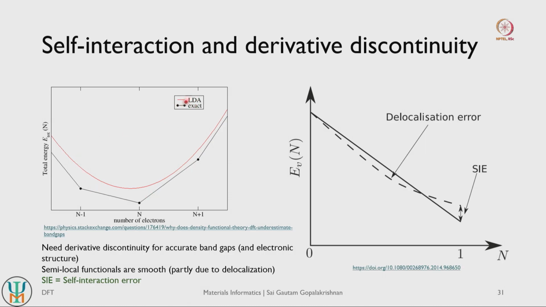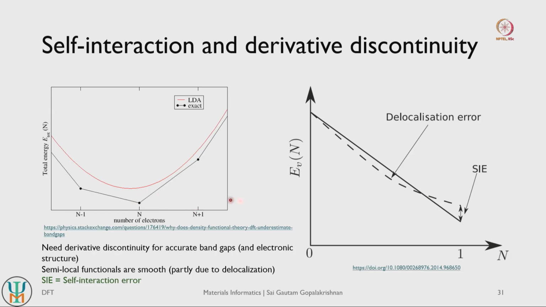But if you use any local or semi-local exchange correlation functional such as LDA, since your functional form is all continuous here, LDA is not built to have any discontinuity with respect to number of electrons, you will see a smooth variation of energy with respect to number of electrons. In other words, if you use a local or semi-local functional, that functional does not have the derivative discontinuity that real systems should have, right.